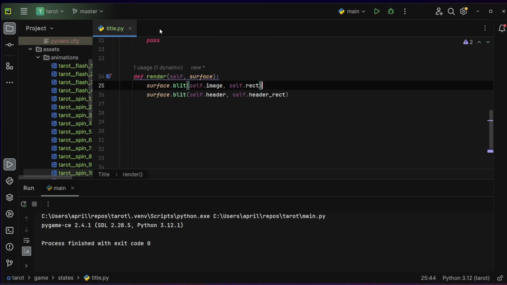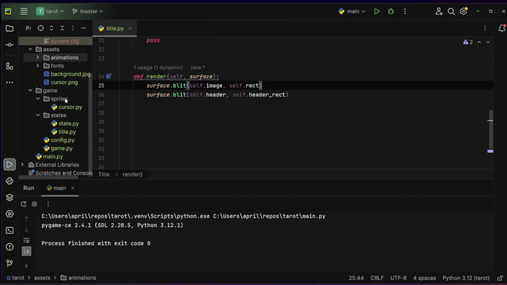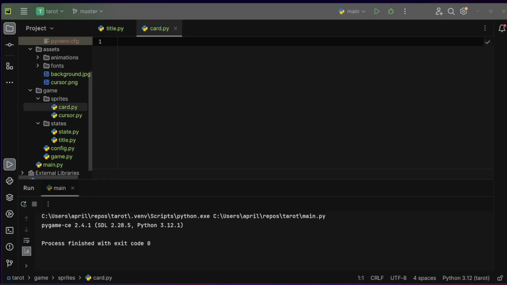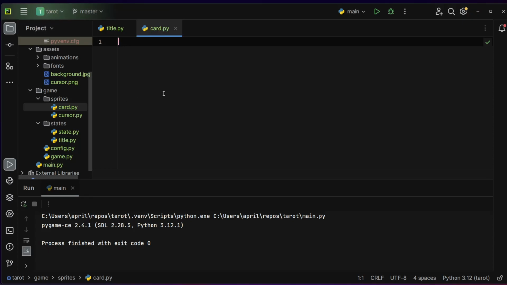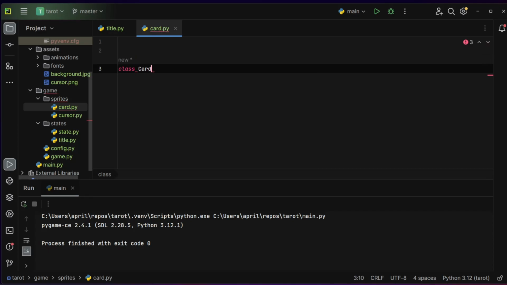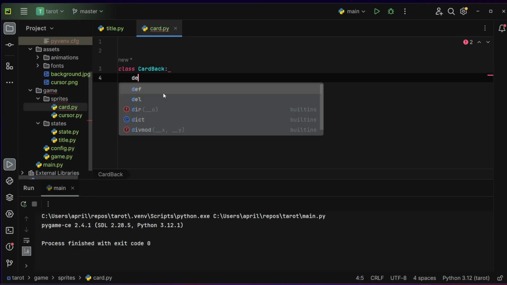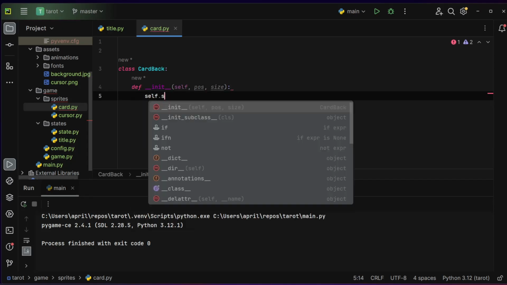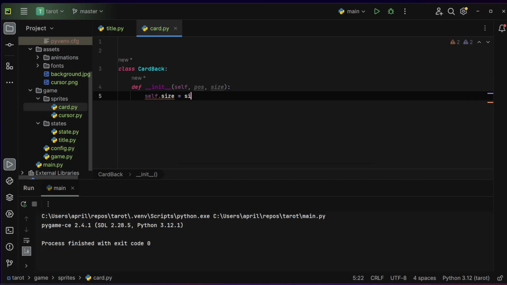And to begin, I'm going to create a new class. I'll put this in sprites, and I'll call this card.py. And I'm going to do a couple classes in here. The first one is going to be CardBack, and it will take self, a position, and a size. So self.size equals size. Self.image is equal to